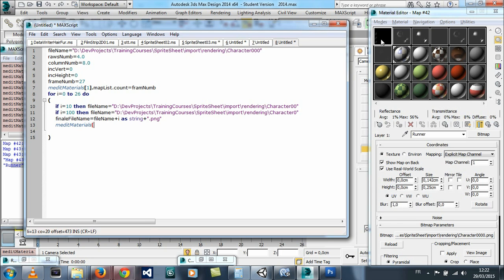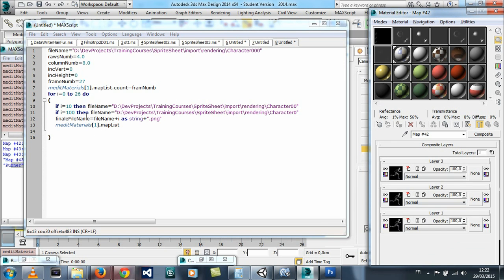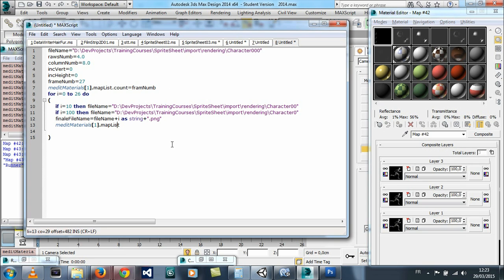So since we are using the first slot, I'll be using the number 1, and then map list first layer. Since after executing this line we'll have 27 layers, we'll start by associating the first one to a bitmap, and the second one. So this one needs to have not 1 but i, since it will be changing, and since we are starting from 0 and arrays in the 3ds Max script language start from 1,